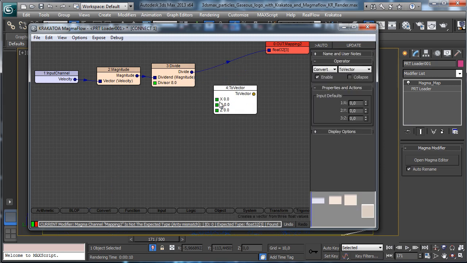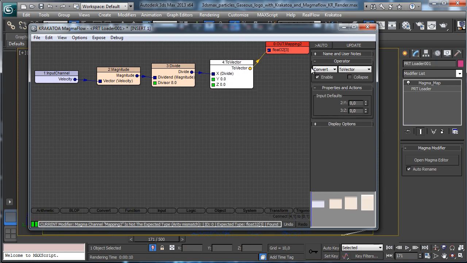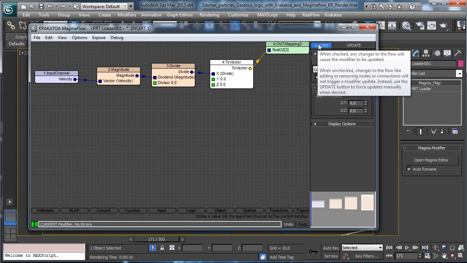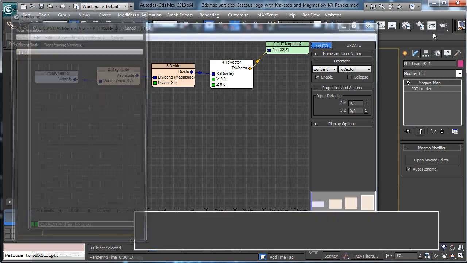We can use all the axes, or we can use directly the speed just over one axis, the x-axis, and connect there. Let's say auto, so it will control automatically step by step, and you see that now it is green. So that means that there is no more error. In fact, you can see that there we have current modifier, no errors. If we go to render,